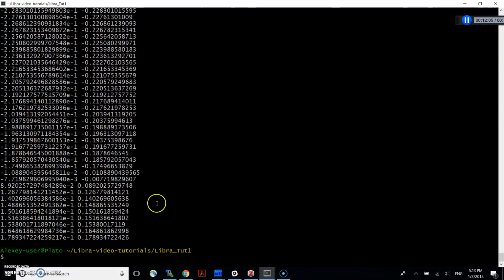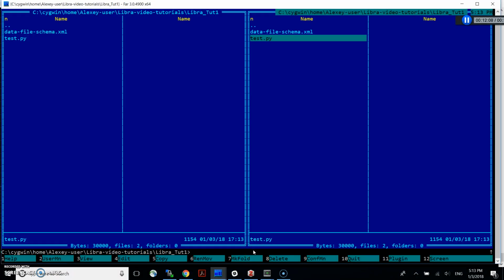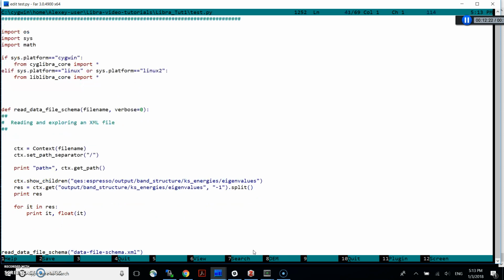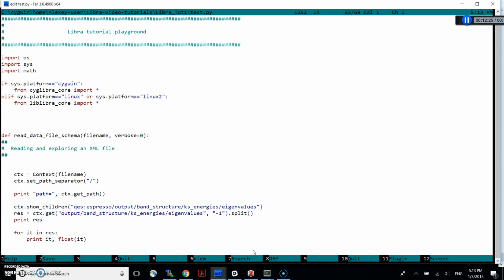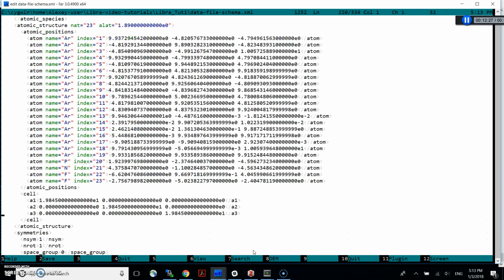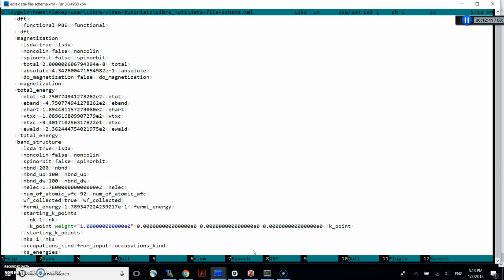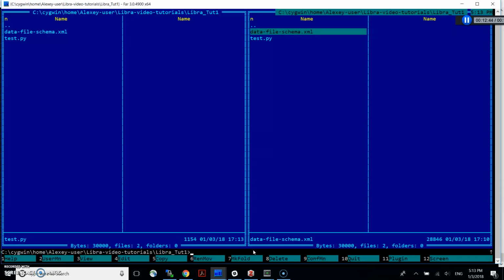eigenvalues, and that's how you can use the context object. As you can see, it's very convenient. All you need is just a few lines of code and little post-processing, and then you can access any information you need from such complex files. And the good thing is that they do output all the information in the XML format, which makes reading it very convenient, especially if you have these utilities like